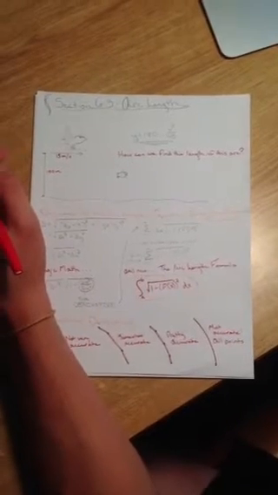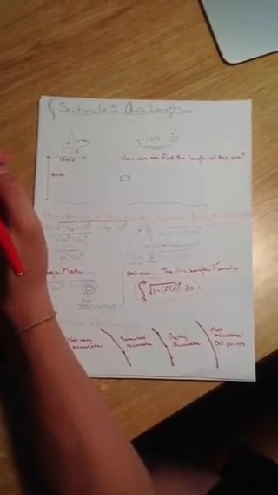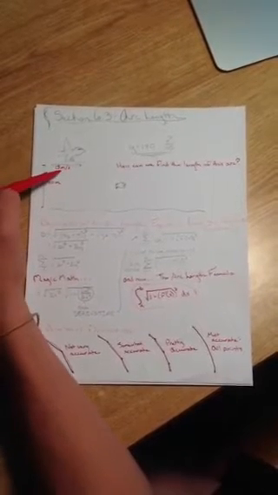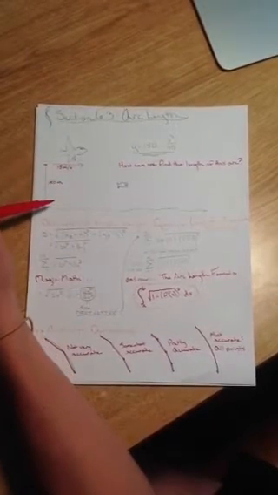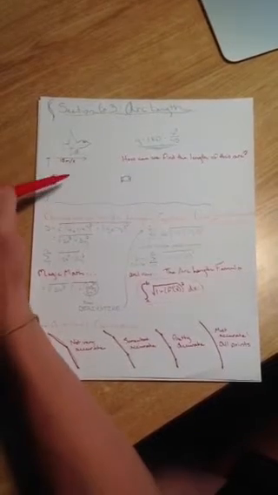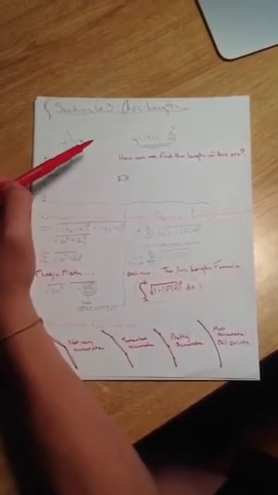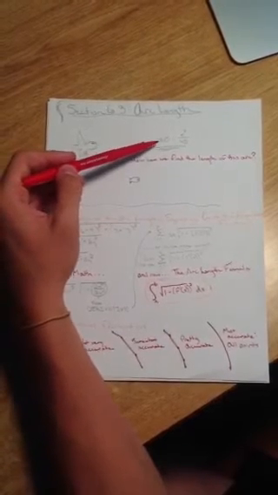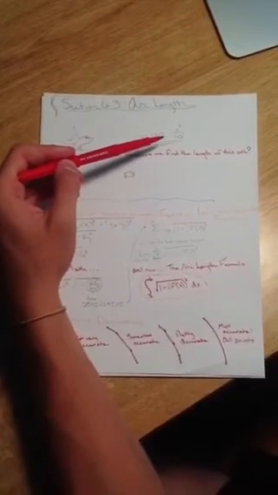6.3 Arc length. Let's use a real-life situation to introduce this topic. An osprey, flying at 15 meters a second, at an altitude of 180 meters, accidentally drops its prey. The parabolic trajectory of the falling prey is described by the equation y equals 180 minus x squared over 45,